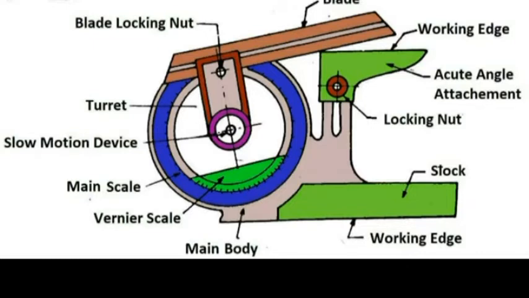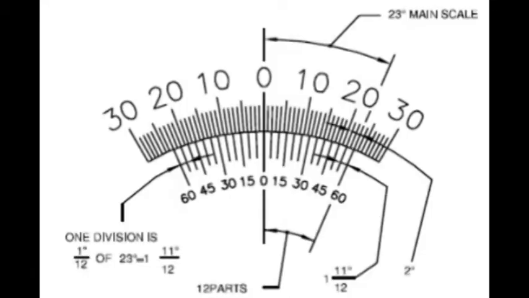The bevel protractors are tested for flatness, squareness, parallelism, straightness, etc. So here in this figure, the main scale is graduated in degrees of arc. The vernier scale has 12 divisions on each side of the center 0. They are marked 0 to 60 minutes of arc, so that each division equals 1/12 of 60, that is 5 minutes of arc.